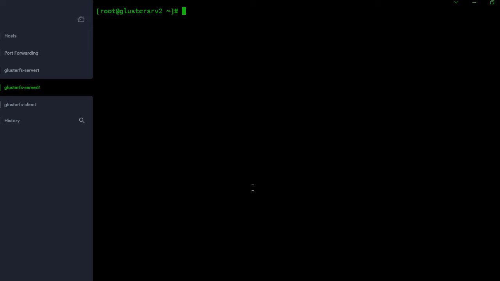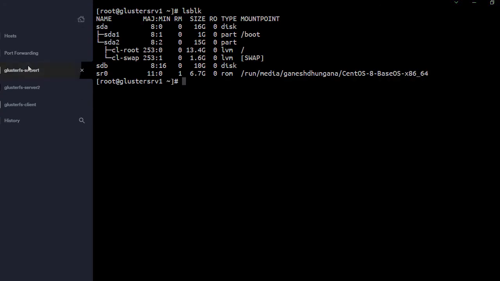Now, currently both the hard disks are empty and they have not been formatted with any file system, so we cannot store any data. So the first approach would be formatting it with a proper file system. Instead of going with a normal Linux partition, I would prefer to go with LVM, because in the future, if there is a need to add a volume or shrink the volume, then we can do it easily with LVM.